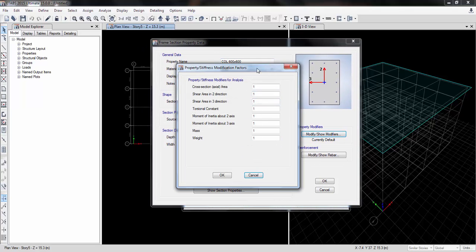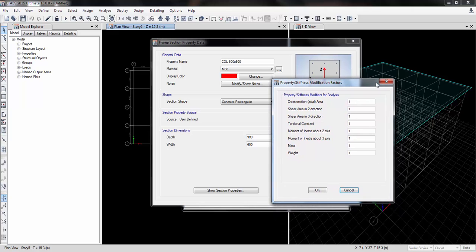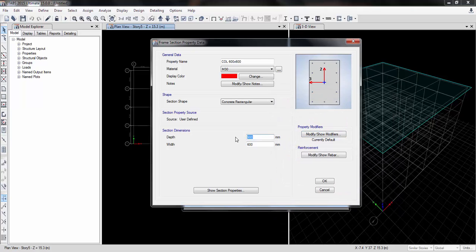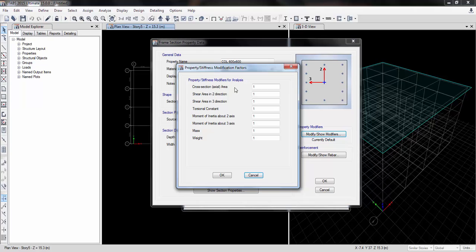And the modifiers will be this time, oh, before the modifier, sorry, it should be 600, depth is 600, width is 600, and the modifiers will be changed to 0.01 for torsion, 0.7, 0.7 and 0.7 for moment 2 and moment 3. Okay,